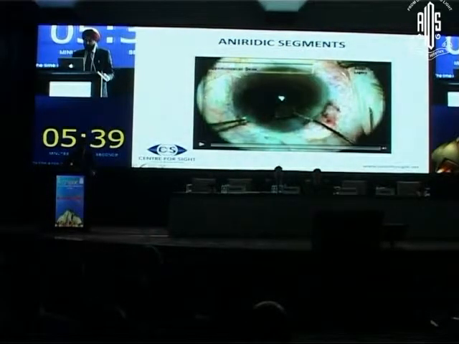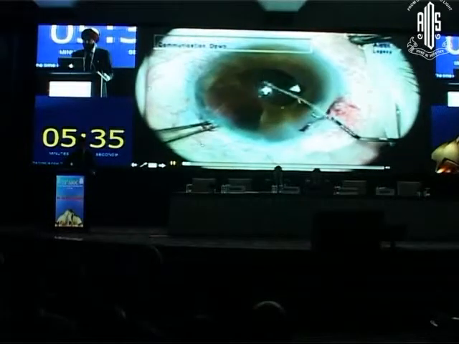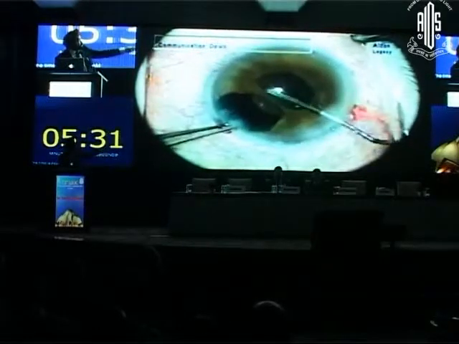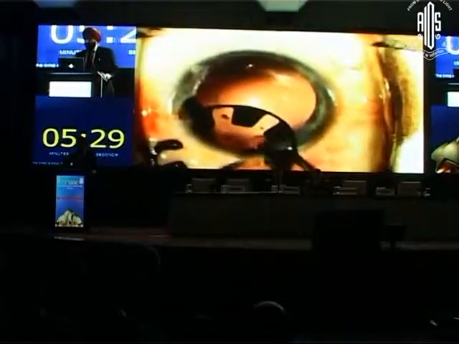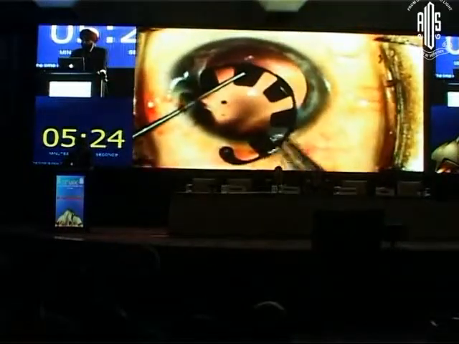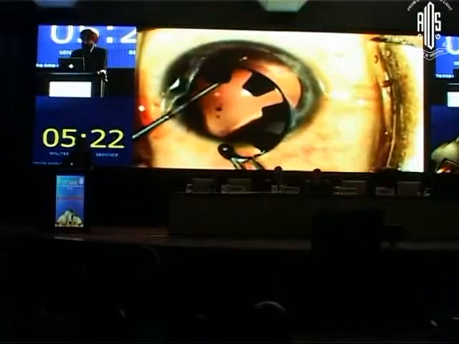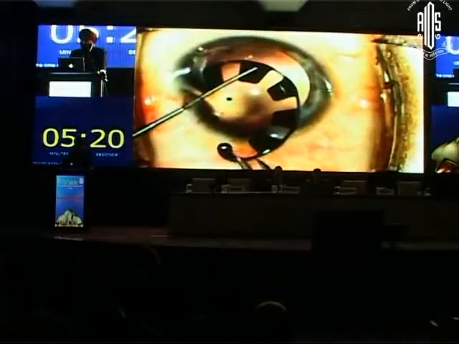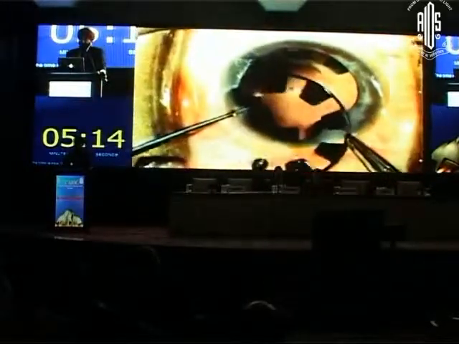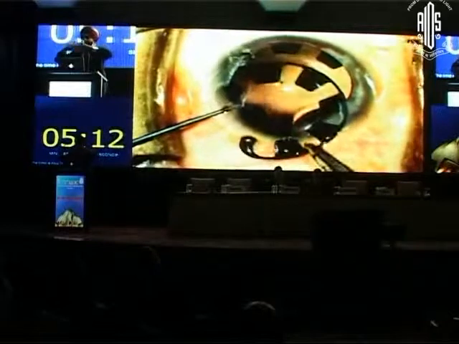You can see here, this is an aniridic segment which is for a single sector iridotomy, where there is a huge iridotomy, and you can see that this segment would cover this. Now these are aniridic segments from Morcher which I use. I have no financial interest with this, but they do not leach the pigment and they give you a dark black color. So this is one ring segment, and this is the second ring segment that is being put, and they will work like a windshield wiper.